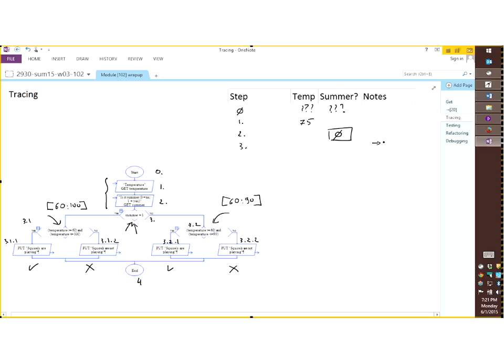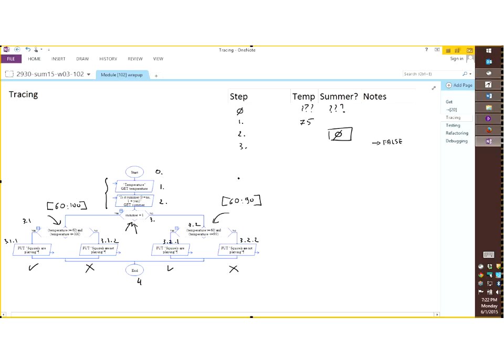It's good to have a notes column sometimes, at least when you do it by hand, just to practice, to allow you to take notes on what happens, like what an expression evaluates to. For the if statement, summer equal 1, that's false, so I write here that it evaluates to false.